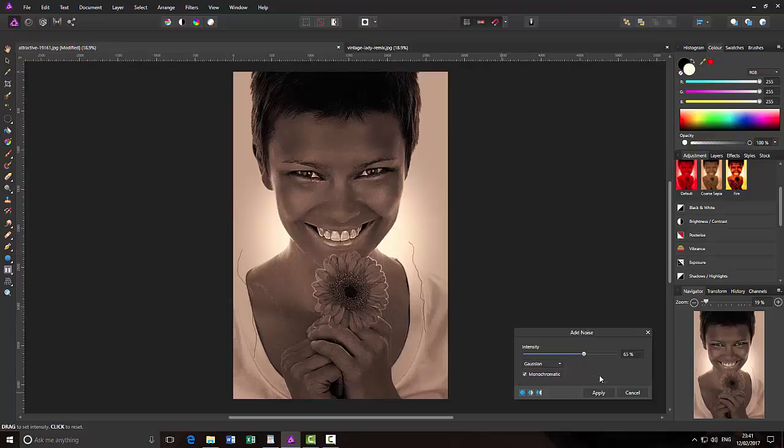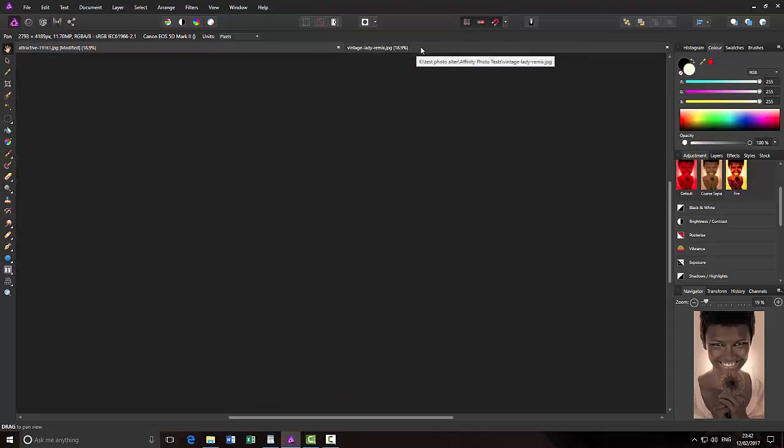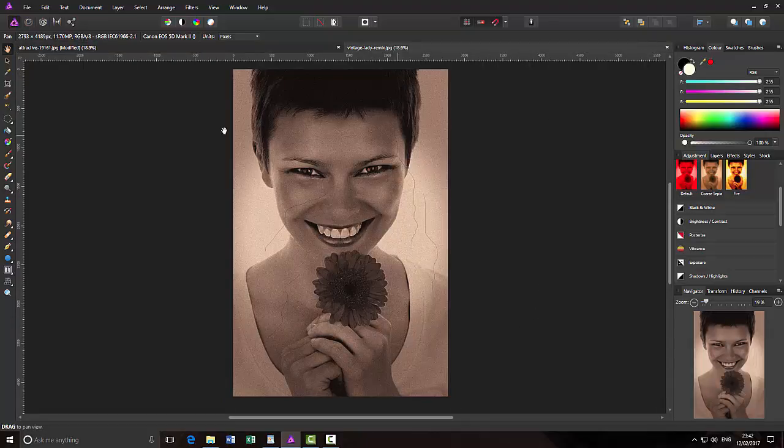Now I found with this that when I click apply, it doesn't seem to bring back all of the noise that you see in the preview. So I'm just going to bump this up quite a bit, and then click apply, and hopefully that is a little bit nearer to, I think I preferred the first version I did when I did this as a test run,